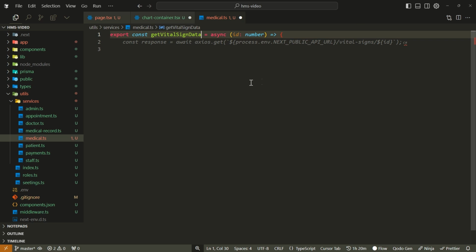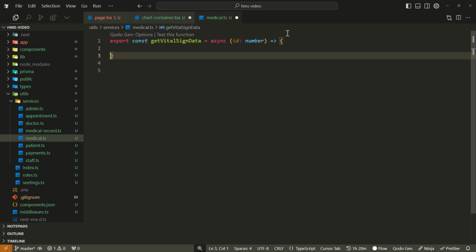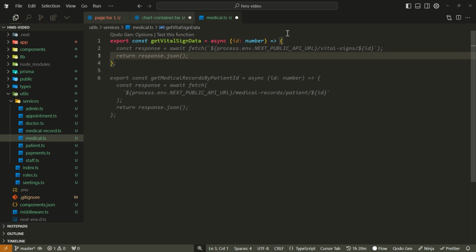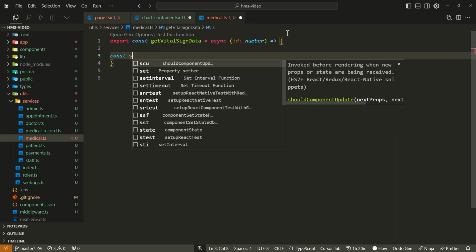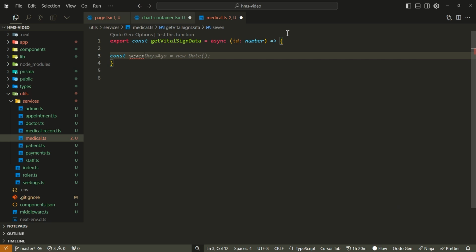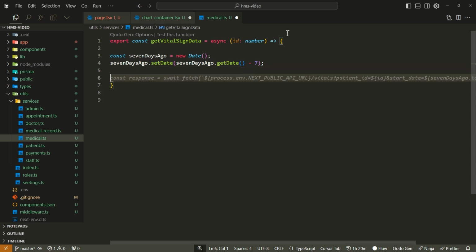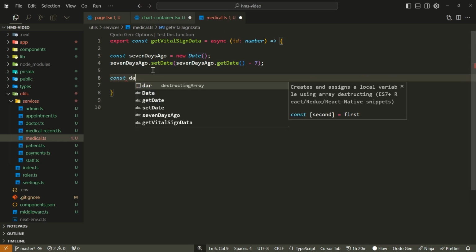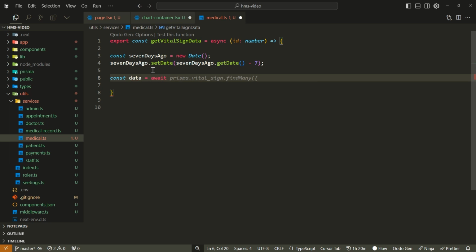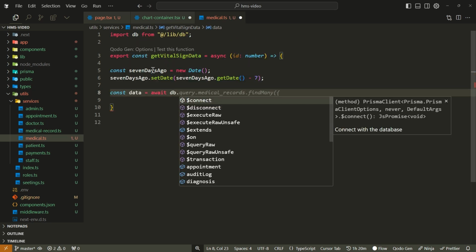Okay, let's say get vital science data. Great. So here, what we'll do is calculate 7 days ago. We're just saying 7 days ago should be equal to today's date, and we're just getting the date of it. We want to set the date by getting it and subtracting 7 from it to get 7 days ago. Now let's say data should be equal to await db, which is imported from utils dot vital science